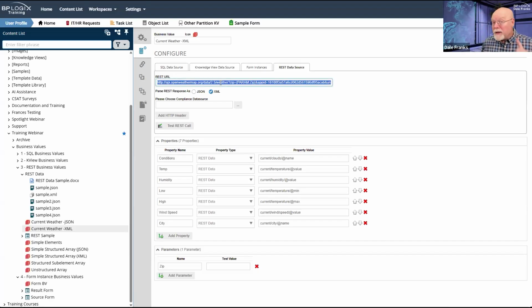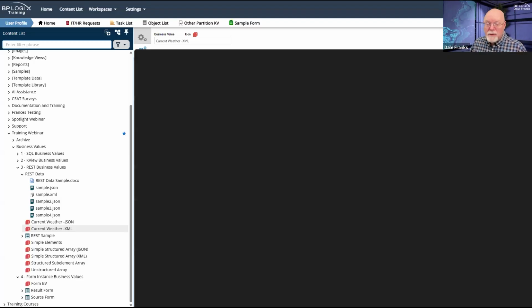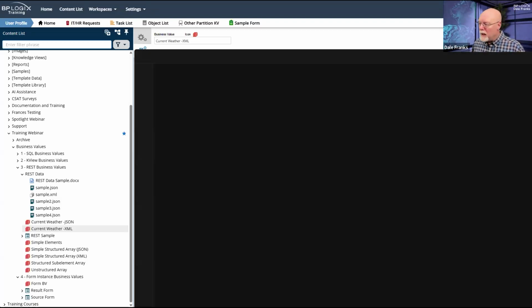Now, there are a couple of different ways that I can grab data from a REST data source. OpenWeatherMap uses the simplest method possible, which is that it's just included as part of the URL, as part of the URL parameters.